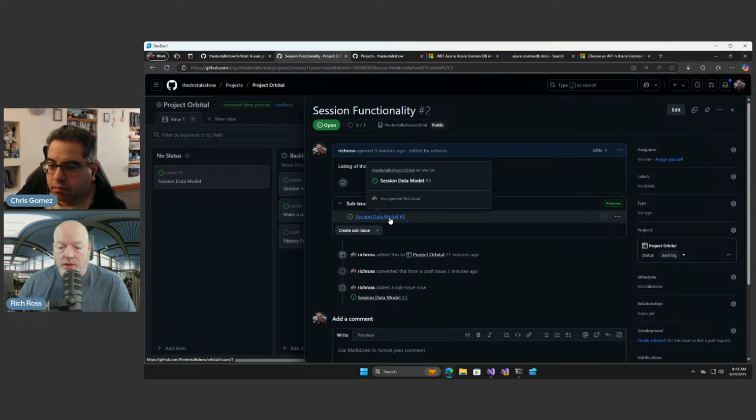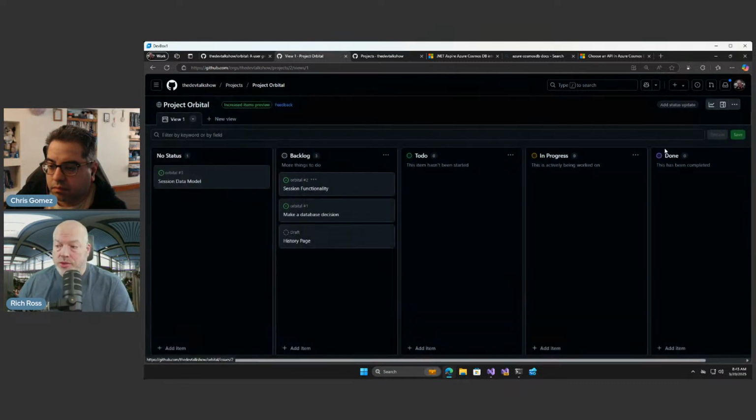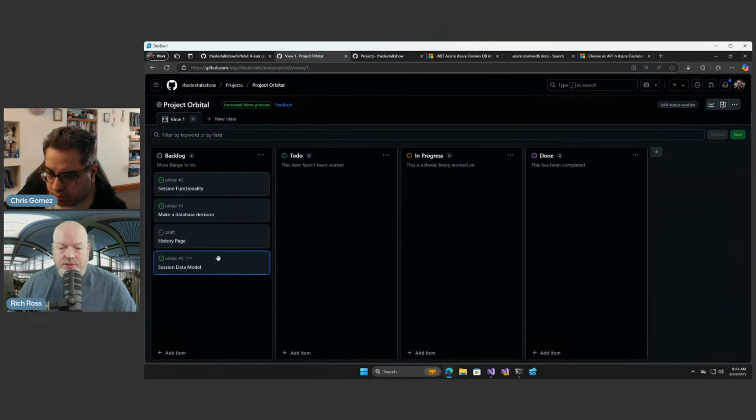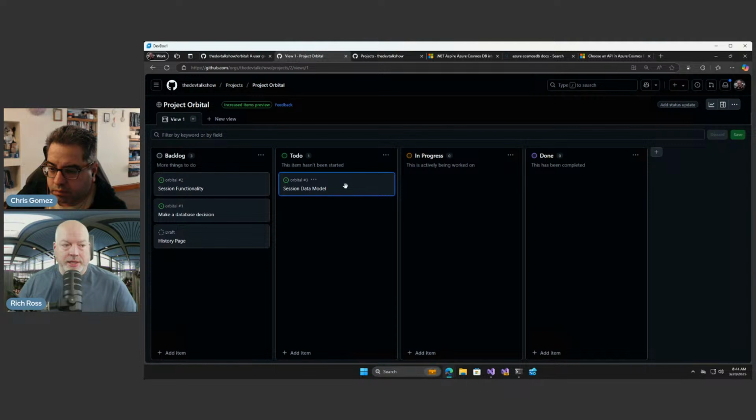And a data model is one of them. So while it's listed here, what's cool is that it's also in and of itself on its own. So it could be moved into backlog status, or we could separately take this out and drop it in the to-do box. And then it's on somebody's radar to actively work on. So I think